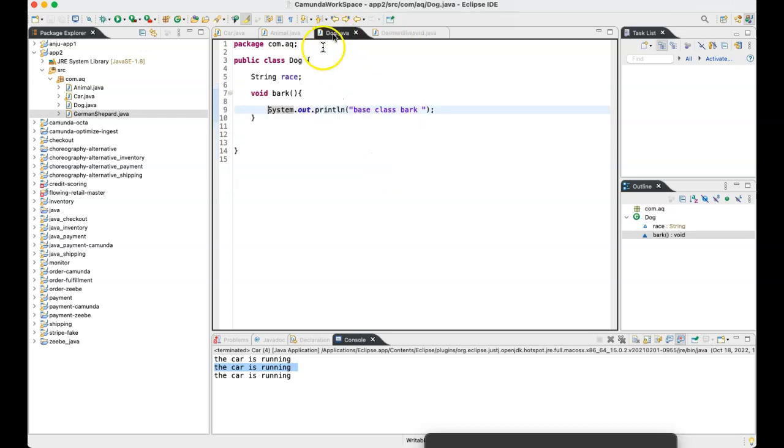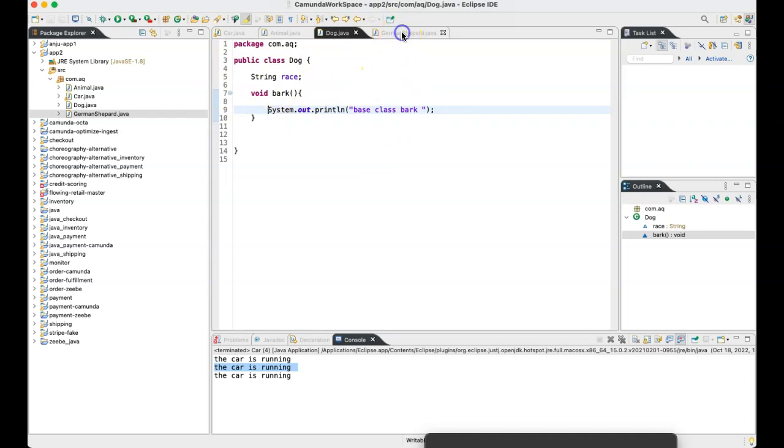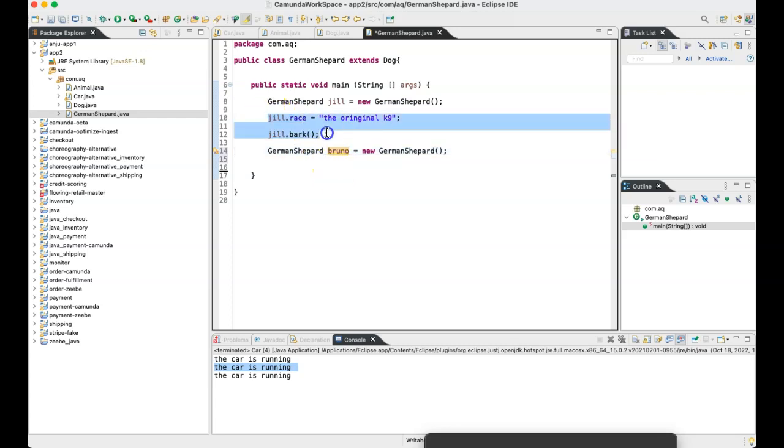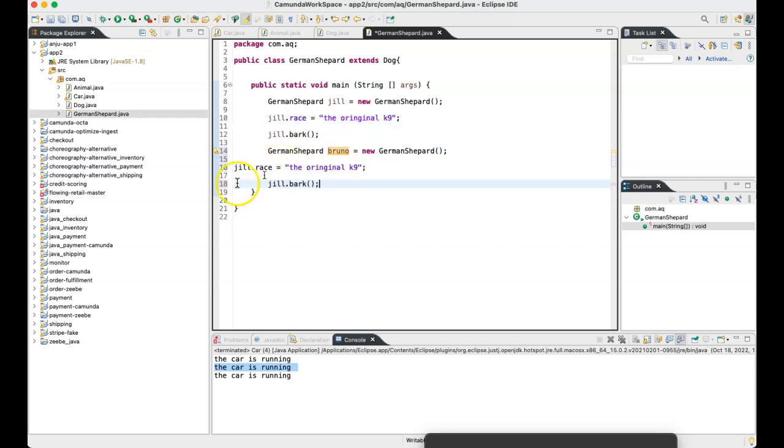So what you are doing is declaring it here once and you can access it multiple times, right? This is Jill. In the same way, if I have Bruno, Bruno also can bark, right?